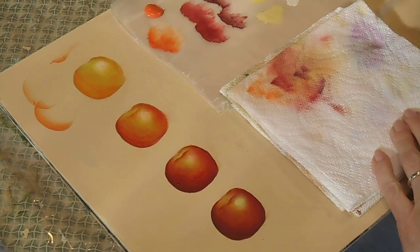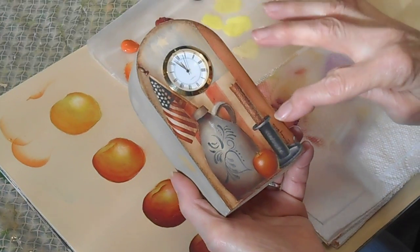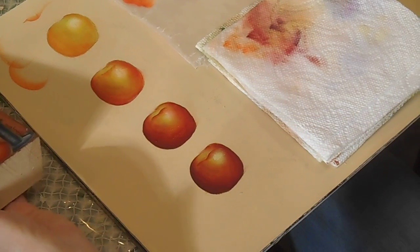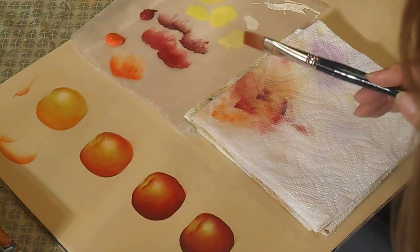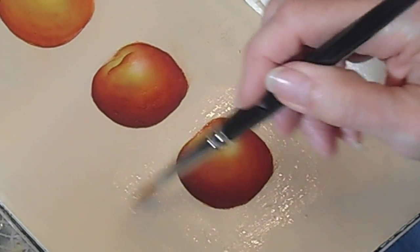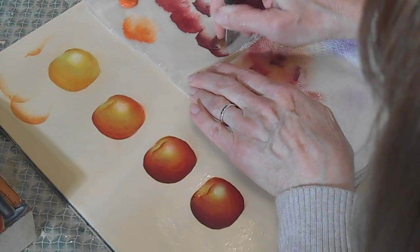I like to many times shadow around the entire design that I have done on my piece, which is what I've done here. You can also use this technique if you have a long area that you need to pull your brush. What I do, and I'm going to show you on this apple here just very quickly, is wet my brush, take again just the very excess out on my paper towel, and I'm going to dampen the entire area around the outside. I'm just going to go in with Antique Maroon because that's the color I have on my palette right now. Again, just picking it up in the brush, blending it out, doing my steps all over again,